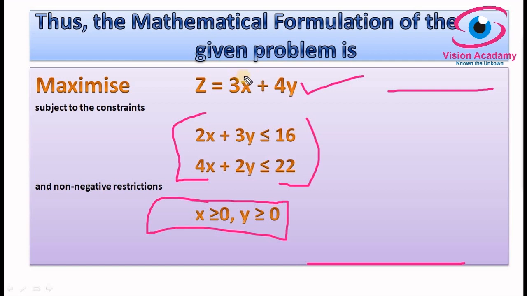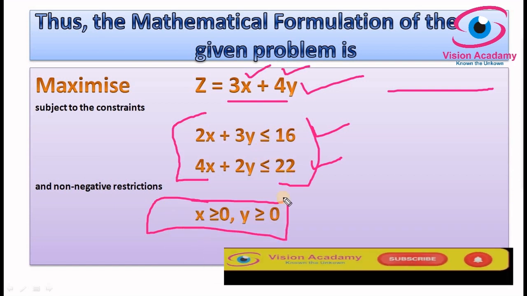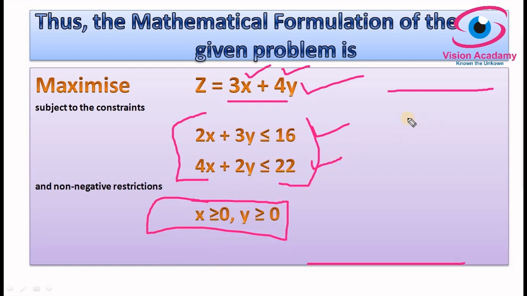Okay, so there are two decision variables X and Y, and two subject to constraints, one is machine level and one assembly level, and we have restricted that there should be some production. So this is how we make a mathematical formulation. Hope you have a thorough understanding of how to make a mathematical formulation. In this example we had only two decision variables. If there are more than two decision variables, it will be plus, plus, plus like that, 3X plus 4X plus dash plus Z and so on. If there are more than two constraints also, you should consider them. So this is the way you make a mathematical formulation. Thank you so much.